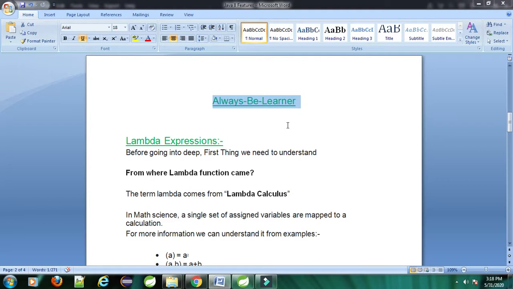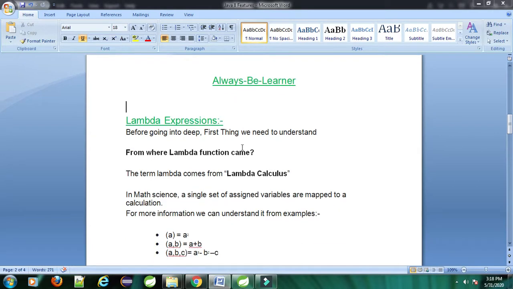As we already completed the introductory part in our last video, as you know, this is the series on Java 8. In Java 8 we will cover many topics. First we will start with lambda expressions, how we can use them, and the important thing: what is a lambda expression and where does it come from in Java 8?